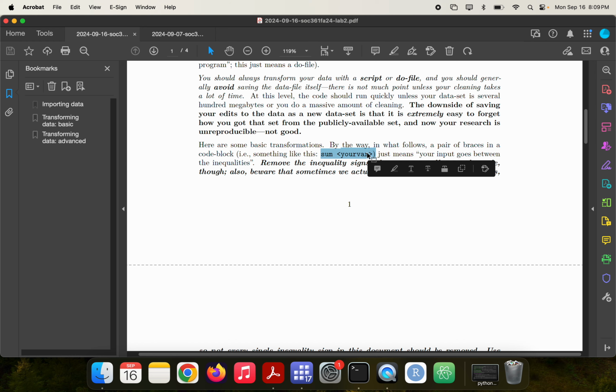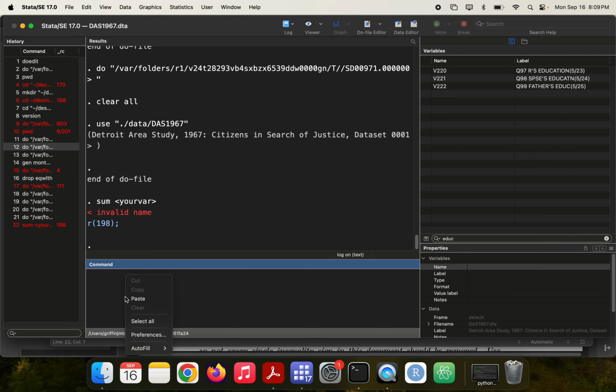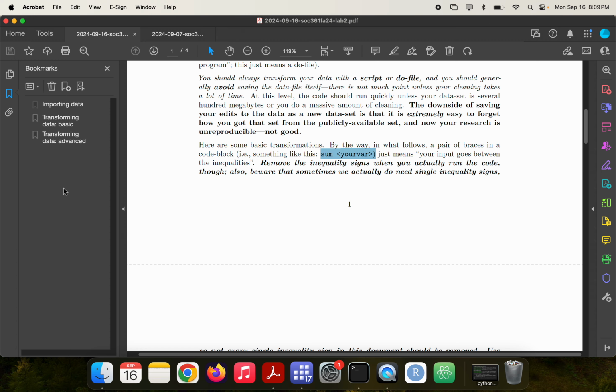So notice that if you write sum and then your var here, like sum, this will do nothing. It's a mistake. Stata actually tries to process this as an inequality. It doesn't matter if I pop in v220, it still says invalid. So this will just throw up an error, which is better. Basically what this means, again, is in place of sum inequalities your var, you just want to write sum educ